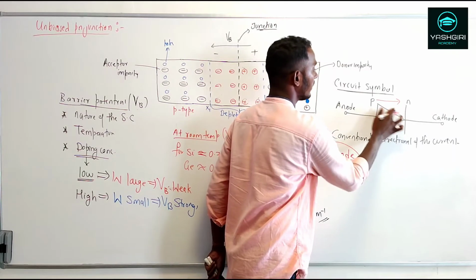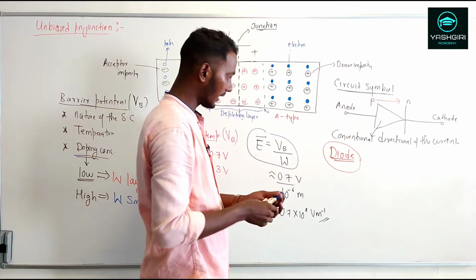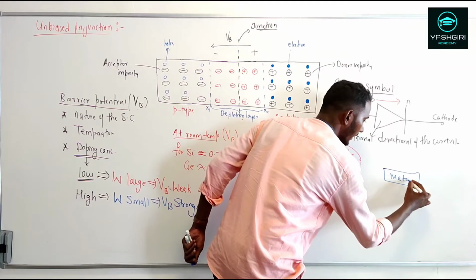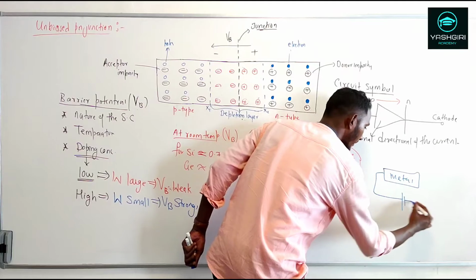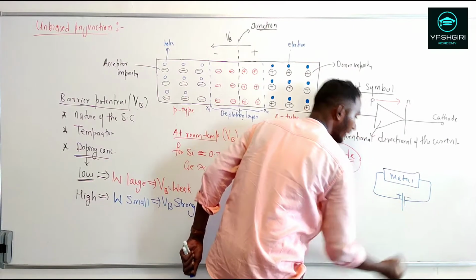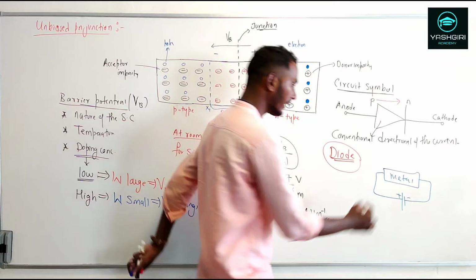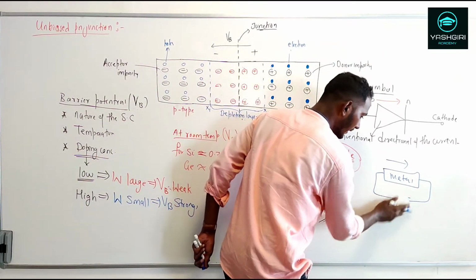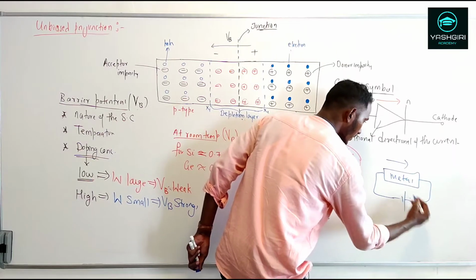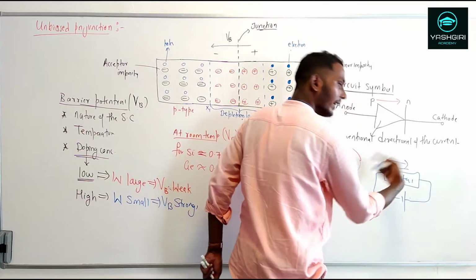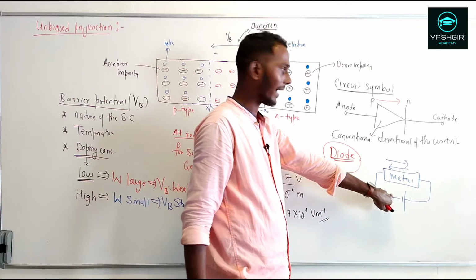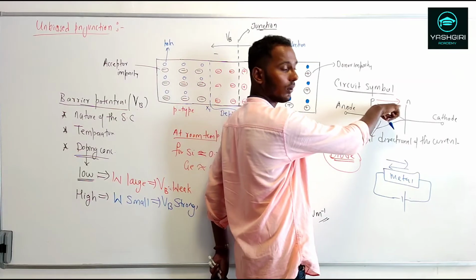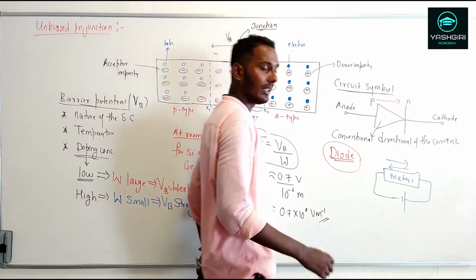Whereas if you take any metal and connect a potential difference to it, let this be a positive polarity and a negative polarity, you will find a current flowing in this direction. Even after changing the polarity, there will be a reverse flow of current in the case of metal. Whereas in the semiconductor, the current is allowed in only one direction.